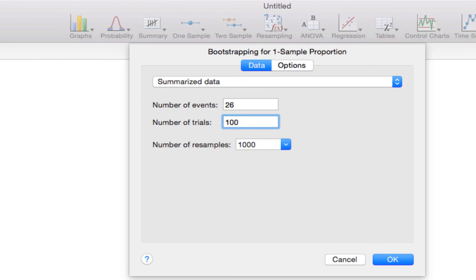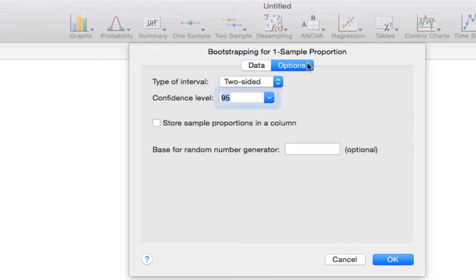Unfortunately, the maximum number of resamples in Minitab Express is 1,000. Remember in StatKey I said that I usually tell students to take at least 5,000 to get a good picture. Unfortunately, Minitab Express will only do out to 1,000 at a time, so we're always going to use the maximum number here of 1,000. Under options, we're not going to change anything this time, but you can see if you were doing a confidence level other than 95%, this is where you could change it. When we click OK,